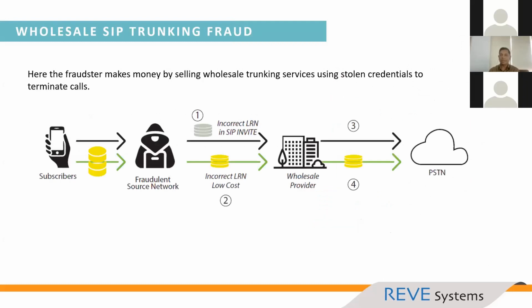Then the wholesale SIP trunking fraud. This is also another kind of fraud. That is, someone hacks into your account. Suppose your account information is stolen, and what happens? They are adding the IP trunk information within the client in your network. So whatever clients are allowed to send traffic, they are allowing their network IP with those clients. So those clients' balance credential is being stolen. This balance is used for sending the calls. So this way the system becomes vulnerable.